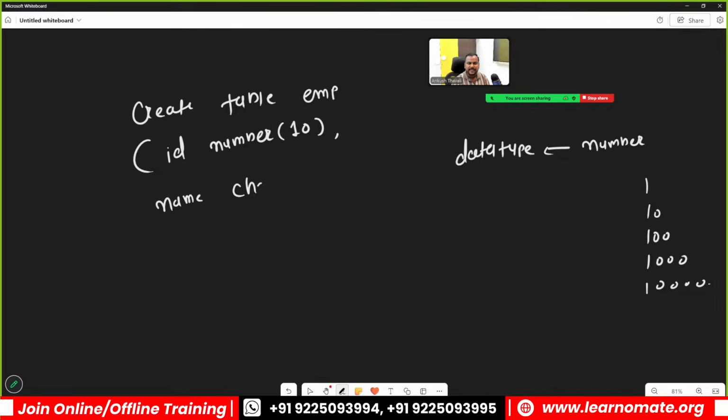Name is of character type. Now name cannot be of number type, right? It can be character. So what will be the maximum characters in one name? It can be a maximum of 20 characters. My name is Ankush, your name is Sagar, Nikhil, Sandeep, Chetan, Venkatesh. Maybe 20 is the maximum size. Then we have